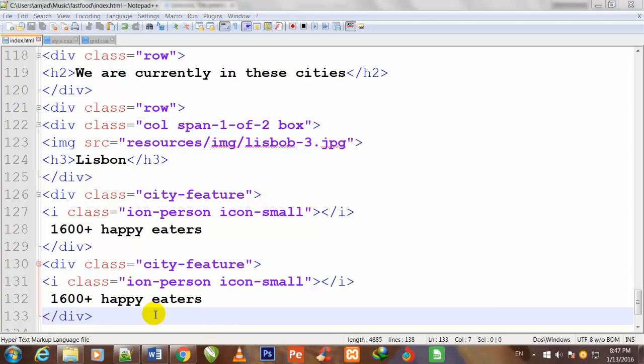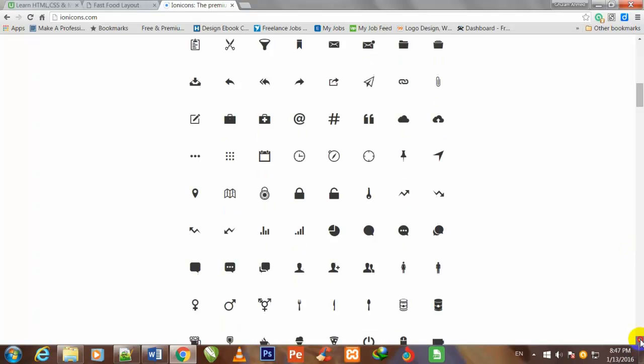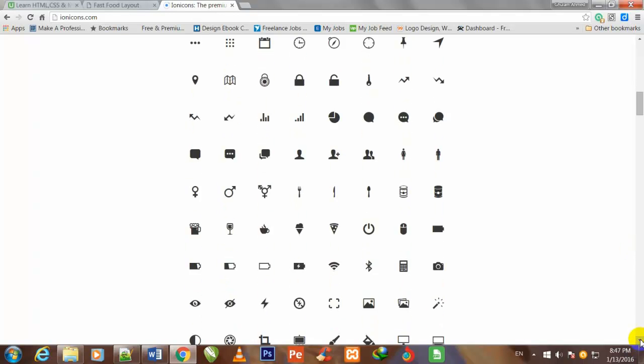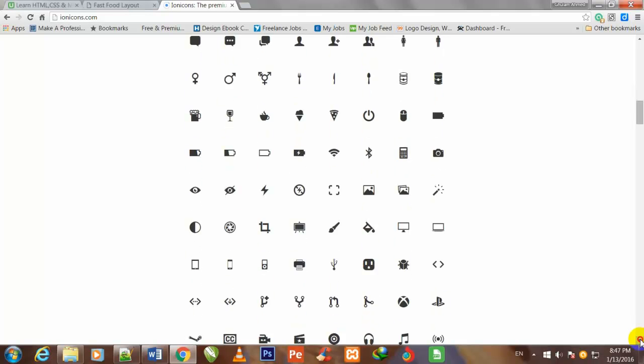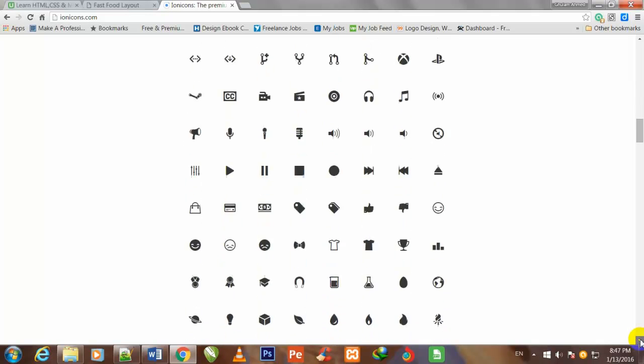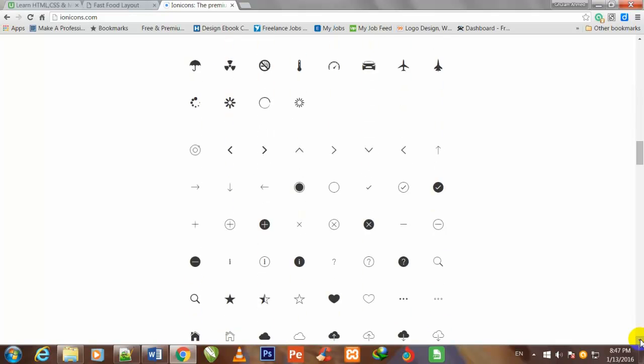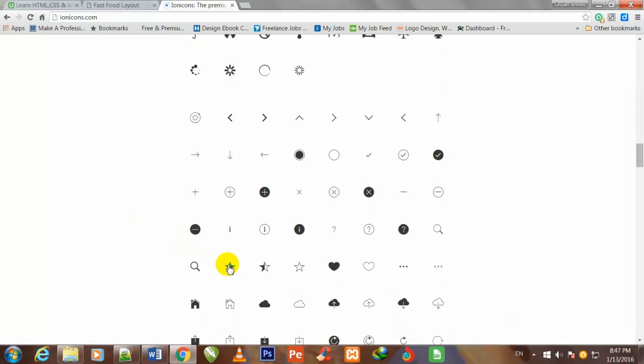Friend, for this second div I will have to change the icon, because I gave this icon to the div above. So here I choose the icon for the second copied div. So this star icon will be more suitable.